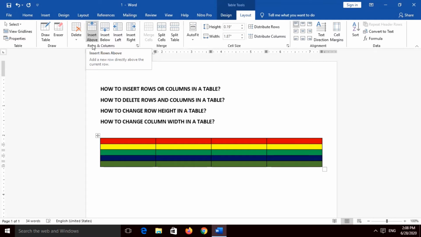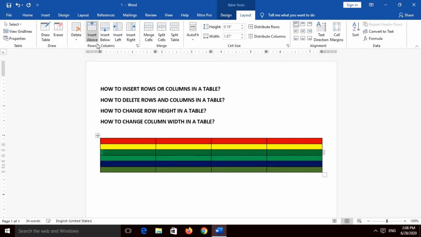Here it is, rows and columns written, and here it is written insert above. When I click on insert above, as you can see one more row is created just above the green row, and now that becomes the third row.